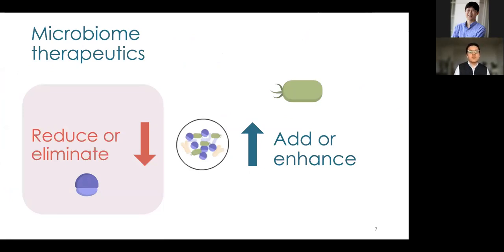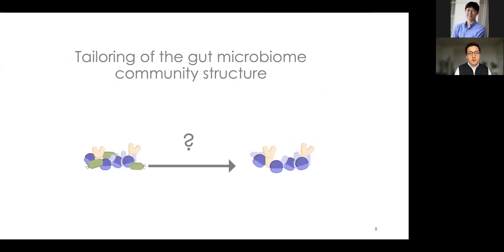First, I'm going to present some of the work that we have been doing to reduce or eliminate some of the elements from the gut microbiome. And for that, we started with a question: how can we modulate the composition of the gut microbiome? We know it's a very complex community, and we know that there are good and bad players. But how can we develop a tool that allows us to specifically remove the bad players from the complex community while leaving the good ones intact?